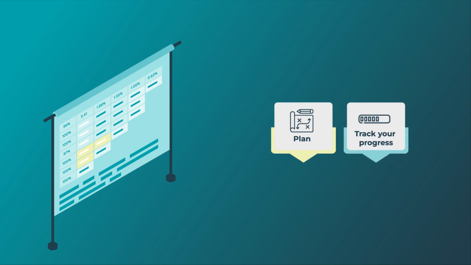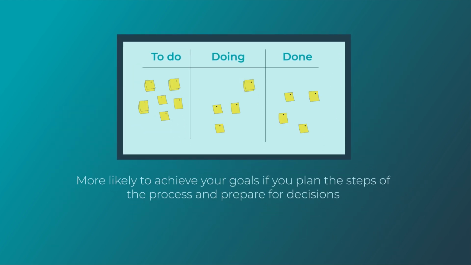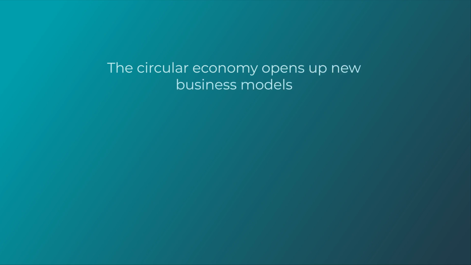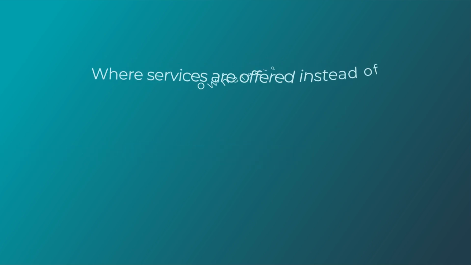Use project management practices, trying methods to plan and track your progress that work best for you. You're more likely to achieve your goals if you plan the steps of the process and prepare for decisions. You're more able to make sustainable decisions if your organization and the processes being enacted during production are documented and thoughtfully planned. Distribution and consumption. The circular economy opens up new business models, such as servicizing, where services are offered instead